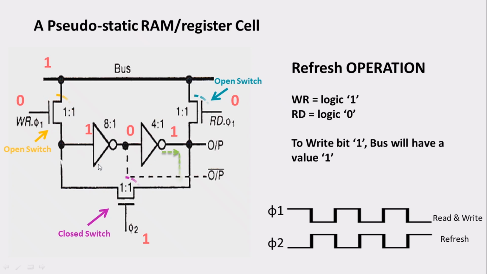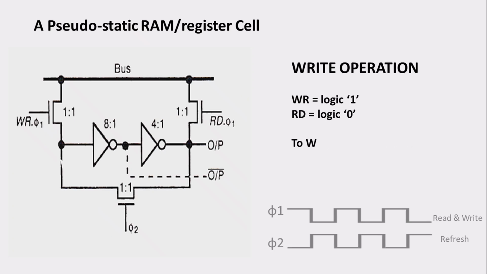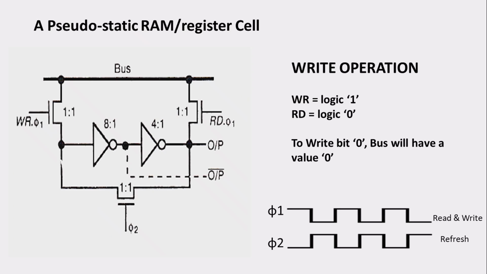Okay, so this is how the refresh is going to happen. Now let us look into writing of bit 0. When you are writing bit 0, again we are making our write signal high and read signal 0, and my bus is going to have the value bit 0. So the bus has value bit 0, write is 1, read is 0,